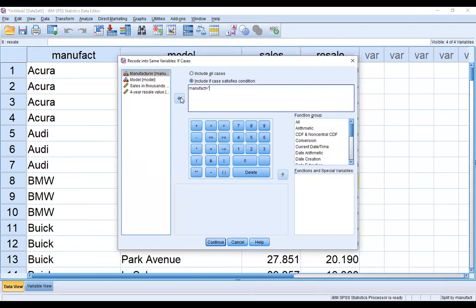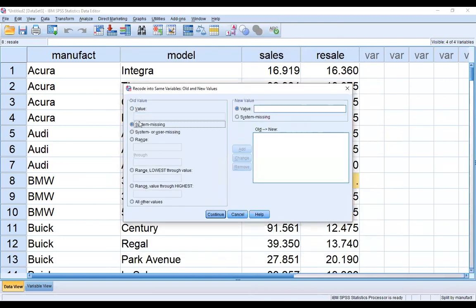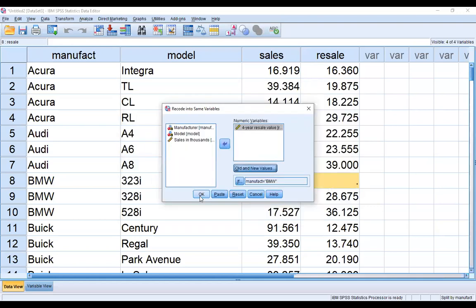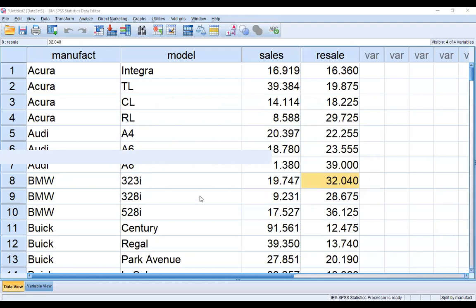So I'm writing here BMW, and then continue, and then old and new. What is the BMW value? The 32 mean value, 32.04, and then add, and then continue. Now we can see the output.